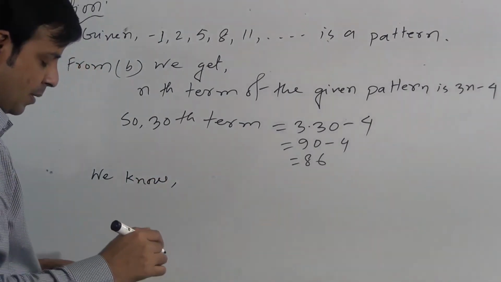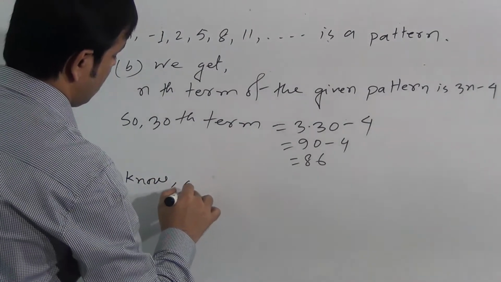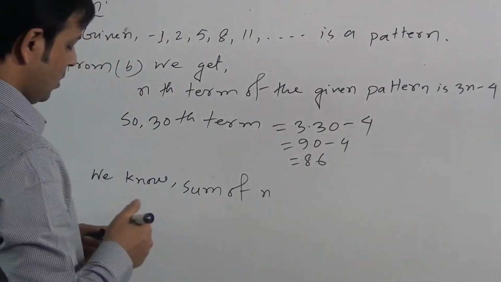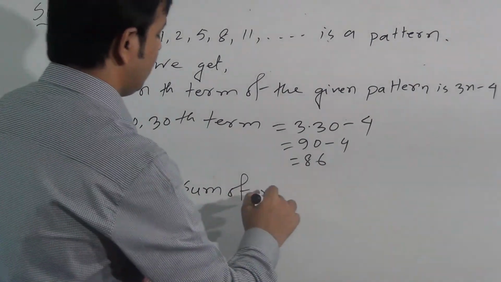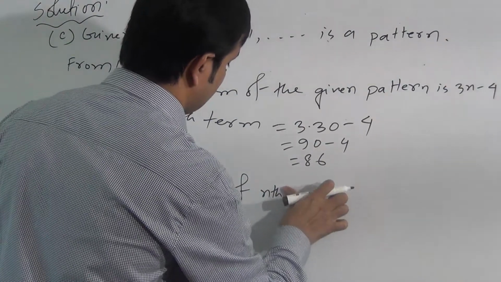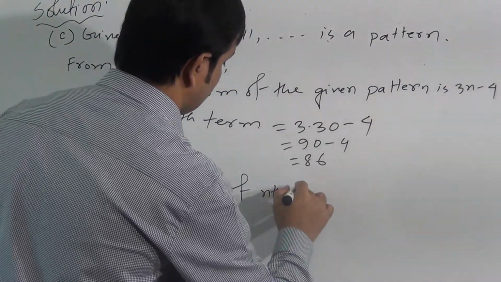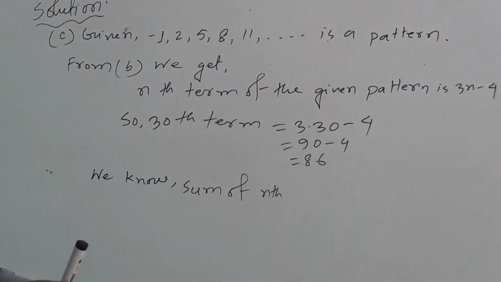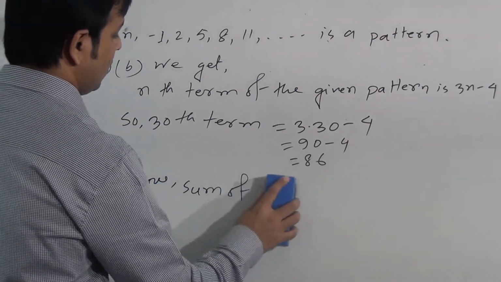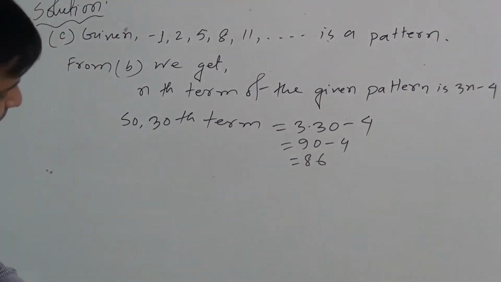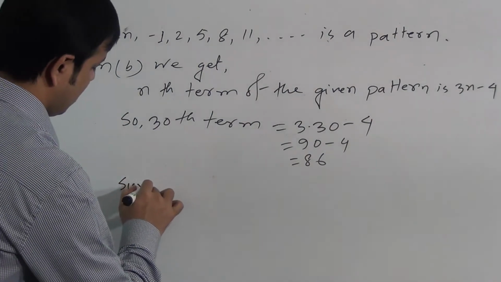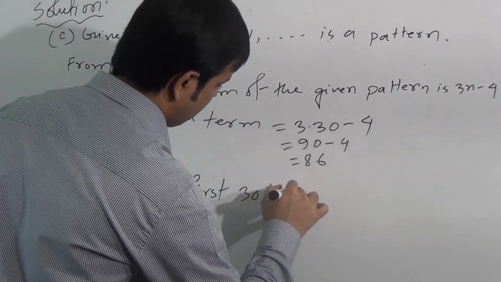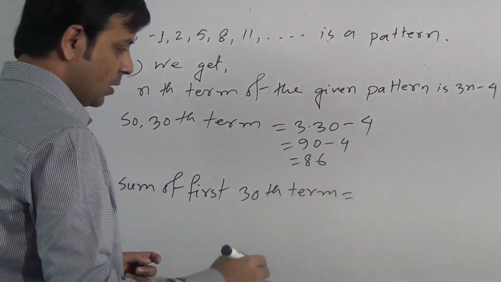The formula is the sum of the nth term, or we can write the sum directly: the sum of the first 30 terms. That is, the formula is